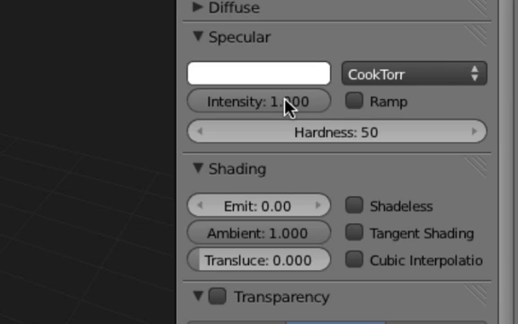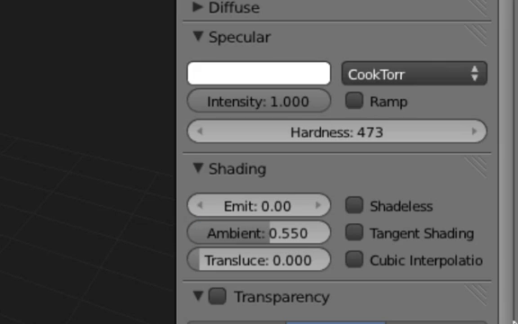Alright, intensity of 1. Then I'm going to put in a hardness of 473. Don't ask, just put in a hardness. Click here, and I'll put 473. Okay, and then I'm also going to do an ambient of 0.55, and ambient is down here. Click here and do 0.55,